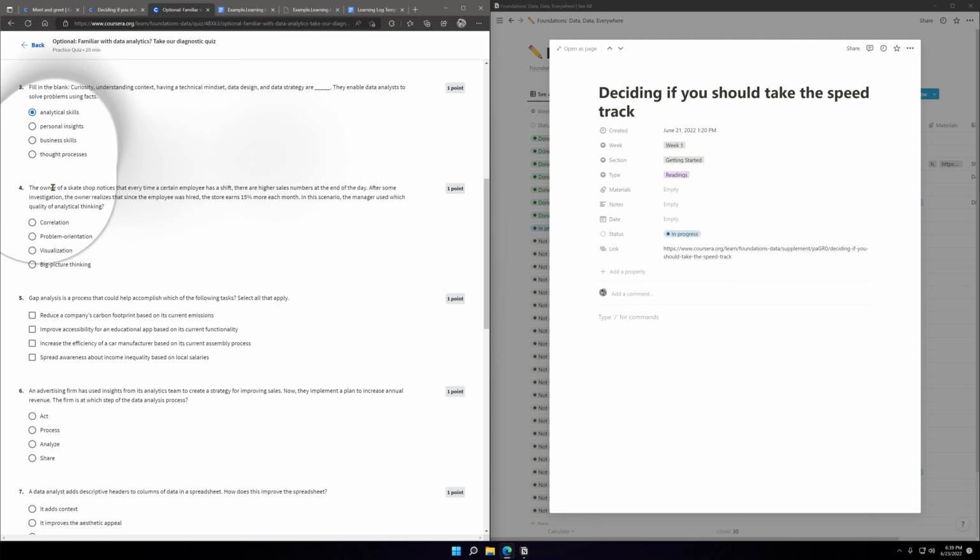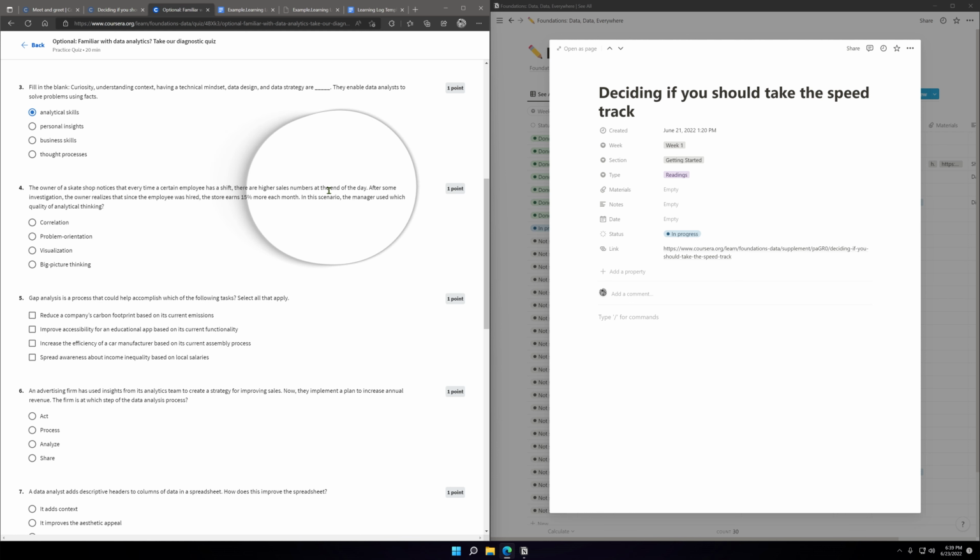Okay, 4, the owner of a skate shop notices that every time a certain employee has a shift, there are higher sales numbers. And after some investigation, the owner realizes that since the employee was hired, the store earns 15% more each month.